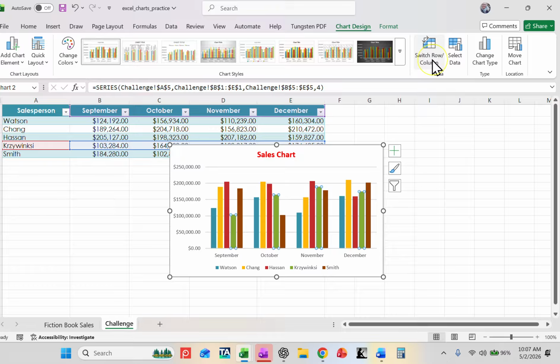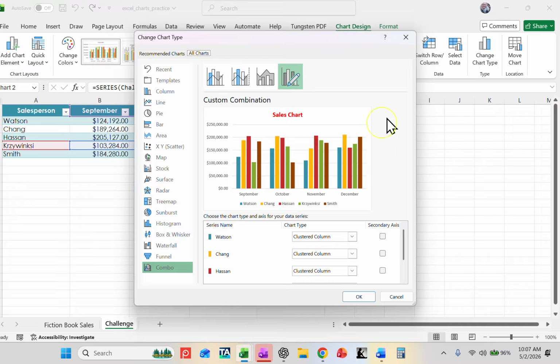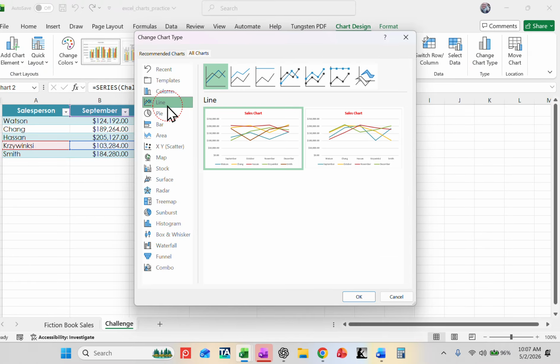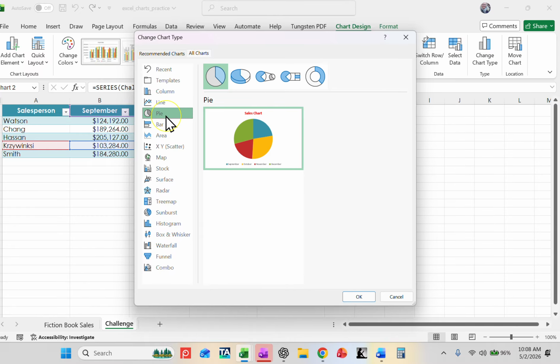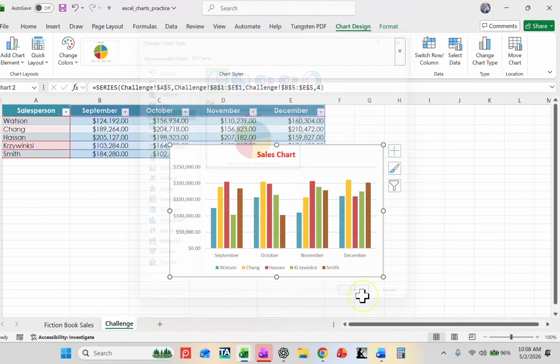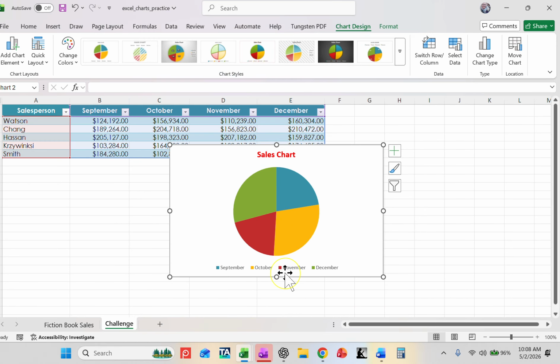Now, if we want to move the chart, we can click here, and I'm going to do that in a minute. I would just want to show you change chart type real quick. Let's say we want to change it to a line. There's a line. There's a pie. We'll change it to a pie chart. Okay, now we have by the people. Okay, so let's switch rows. Now we have it set up and it's by our